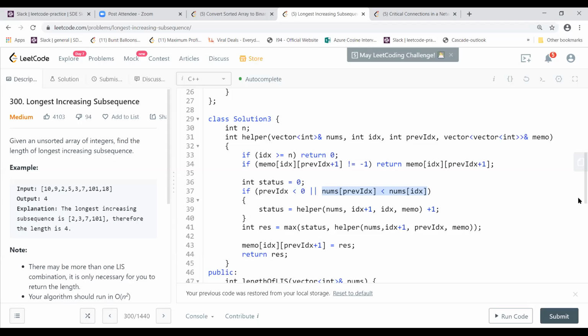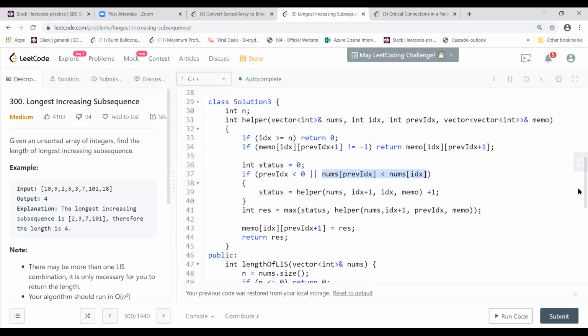So in that case, I think you'll have to use equal to, like if it is either greater or if it is equal to the previous number, then that can also be included. Okay, good to know that. Yeah, there's one variation of this, the longest non-decreasing subsequence. When they say non-decreasing, it means increasing, but it is increasing plus duplicates also. Okay, got it. So this is the memoized version.